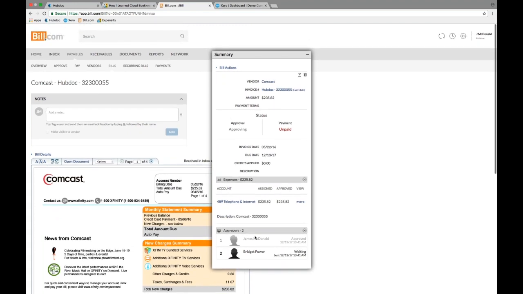Associated to the bill, you'll notice that you have the status of that bill. If it is unpaid, where it is in the approval process. Right now, it's in the approving process. It's been approved by Jamie McDonald, and it's waiting on approval from Bridget before we can go ahead and pay that transaction. Once it goes through that workflow